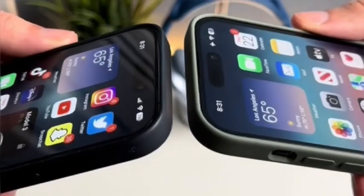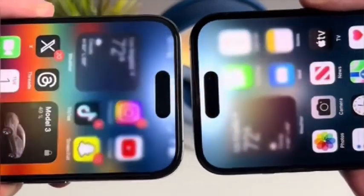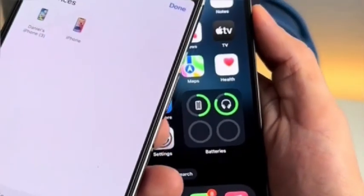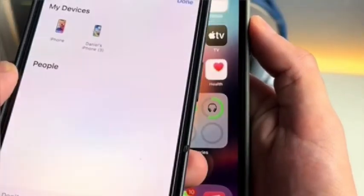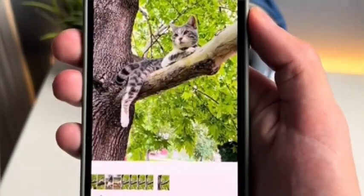The phone app now supports new contact posters, which is basically a picture you set for yourself and others see full screen when they receive a call from you. You also have Name Drop, another super cool new trick where you just bring two iPhones close to exchange contacts. Then, in the Messages app you now have stickers and live stickers, which you can create from live photos,